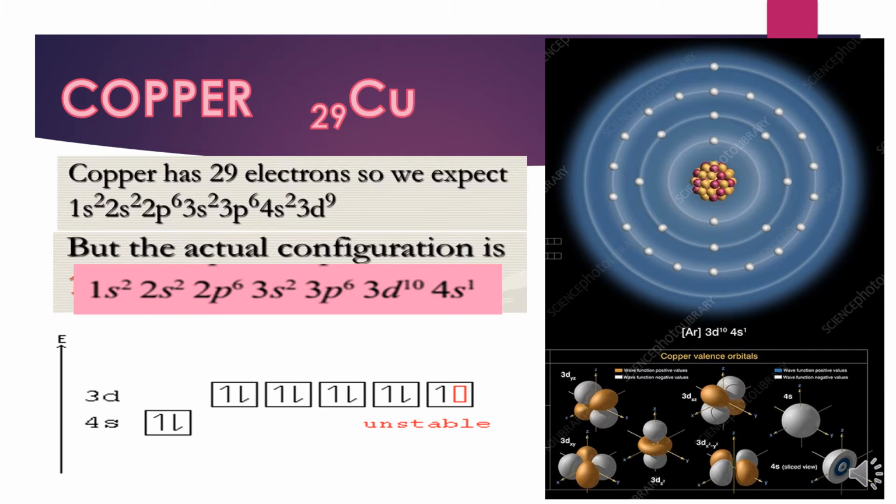Next is copper. Copper, again it is an exception, because when the 9th electron enters in the 3d subshell, it becomes unstable, because just 1 electron is left from its very stable completely filled configuration. So 1 electron jumps to the 3d orbital and it gives a more stable configuration in terms of energy, that is 3d10. So the configuration of copper is 3d10 4s1.